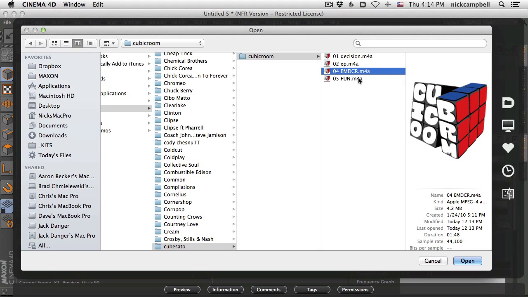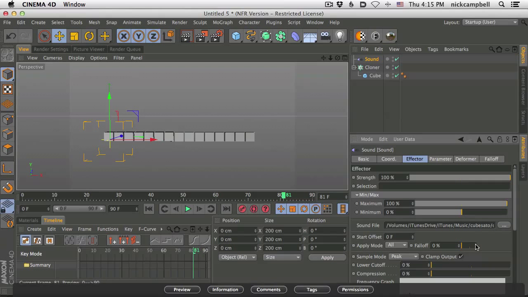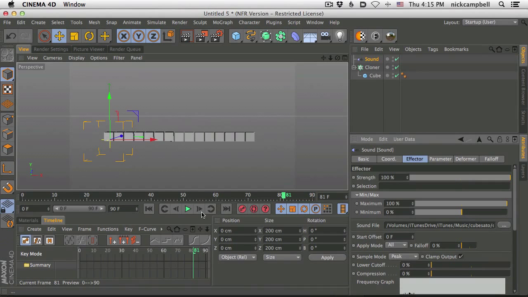It's got a lot of stops and starts. It's got a lot of high frequency and low frequency stuff, and it really shows off what is going on. And let me see what type of file this is. This is an M4A file, which I think is a type of QuickTime file. So those are supported, obviously. So we're going to open it up. And now, when we hit play, we have audio.